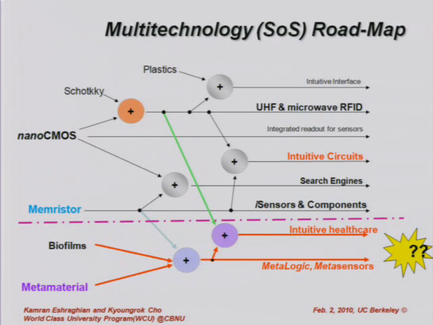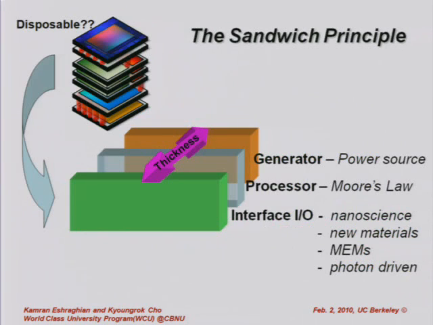the 4-dimensional system, reconfigurable systems. The whole notion of 3D that has emerged in the last 2 years, system on chips, where you use TSV to do the connections through silicon via. Now it has emerged with new possibilities. And then we come to the sandwich principle at long last, and I hope you can add that to your